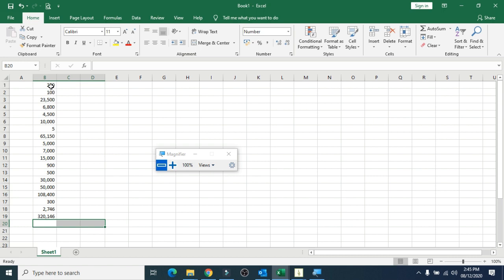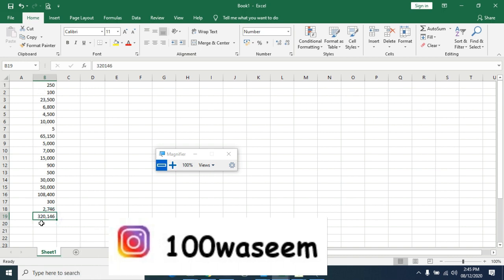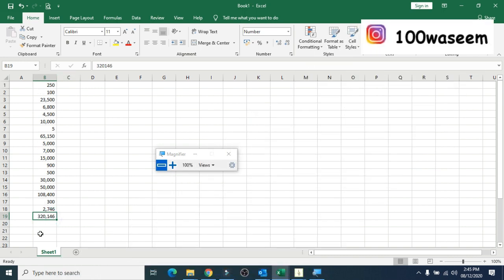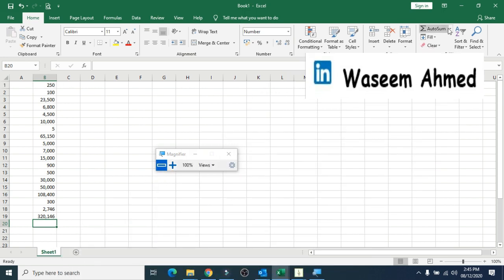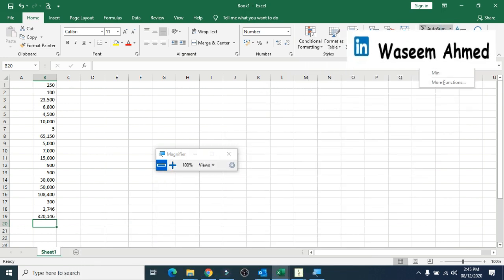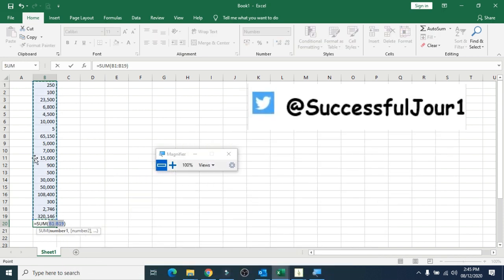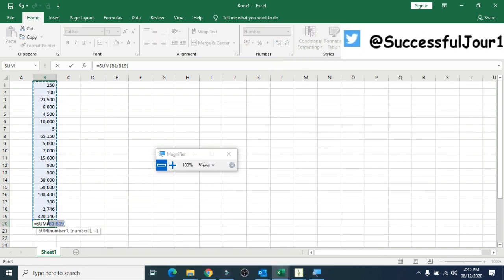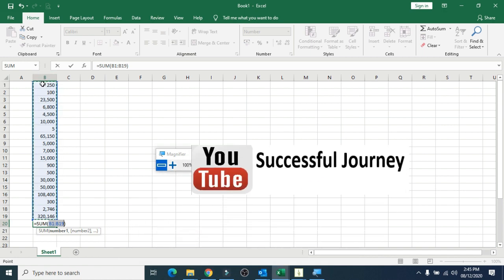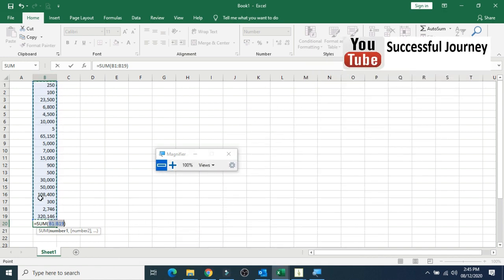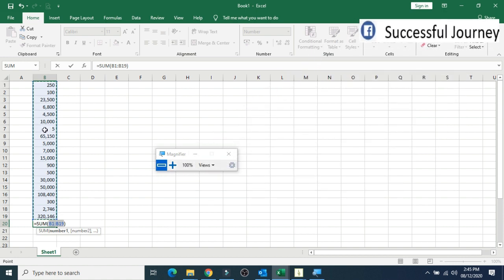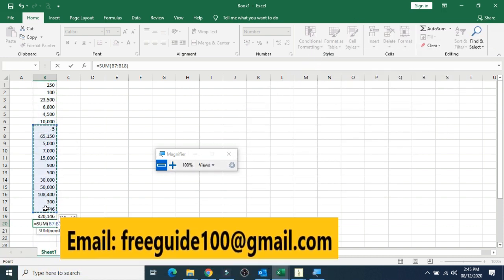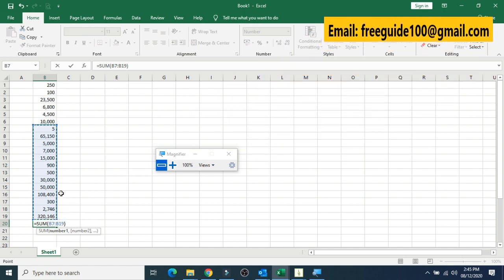So friends, we have this data. We are having almost 19 rows, and there are some numbers, and if I would like to add all these, what we will do, we will go to auto sum function and select the sum. When we select the sum, by default it smartly selects from the first row to the last row. Suppose if you want to have the total from this row to that row, you can deselect it and